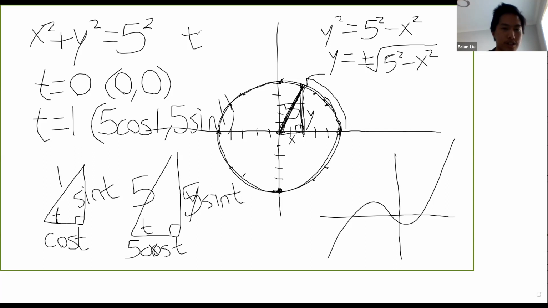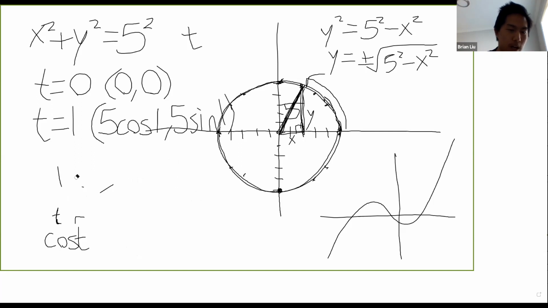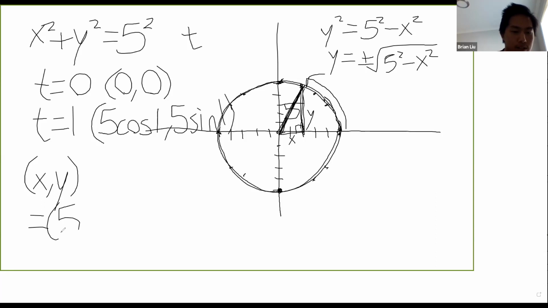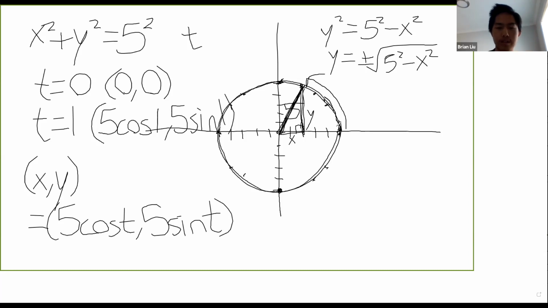And just in general, we have x and y. In general, we have x and y being 5 cosine of t, 5 sine of t, as we go all the way around this circle. Okay. So now that we know how to draw this circle with radius 5,